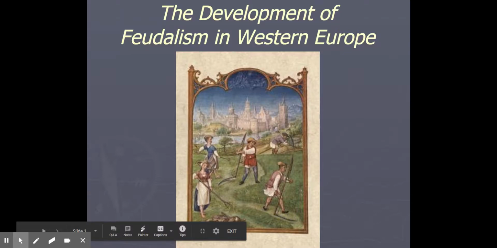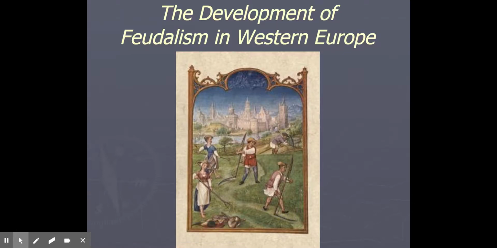The first step to understanding how we went from ancient times to modern times is to understand the development of feudalism in Western Europe. Feudalism is the system of society, how society was organized. It is very, very different from what we understand today, but it sets the basis of a lot of what we call class division,